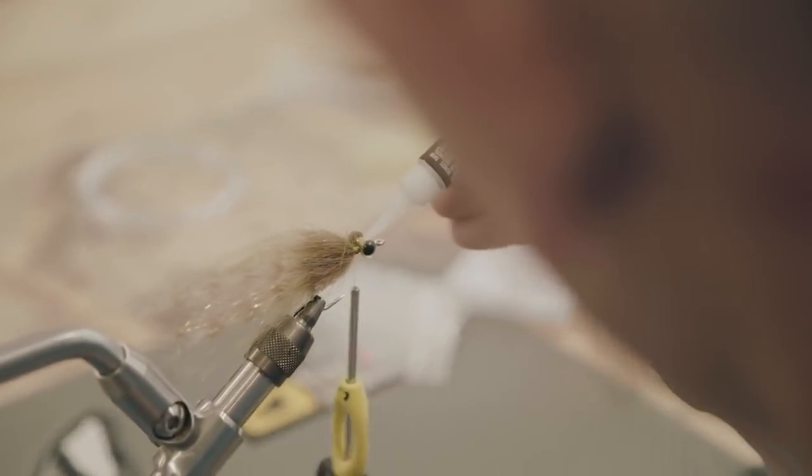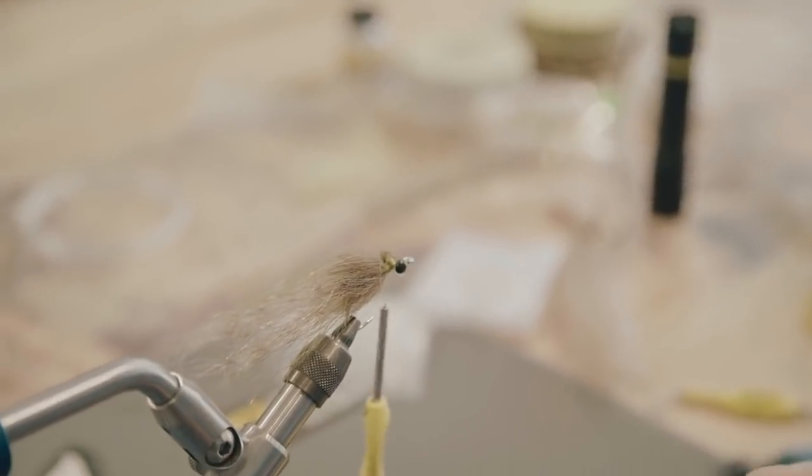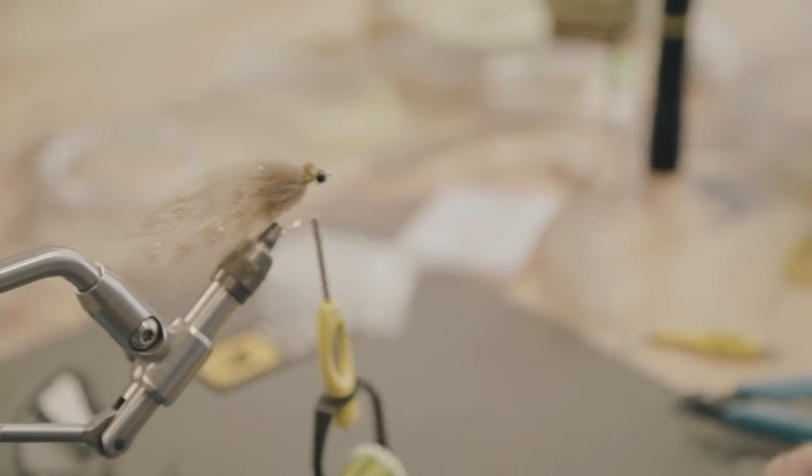A little chocolate coating makes it go down easy. Anybody? Anybody? Anybody know the movie? All right, now